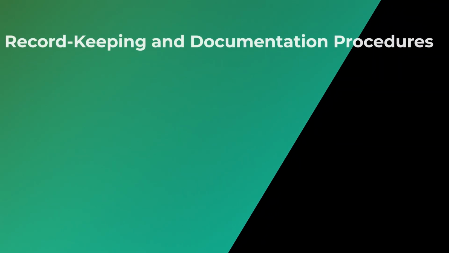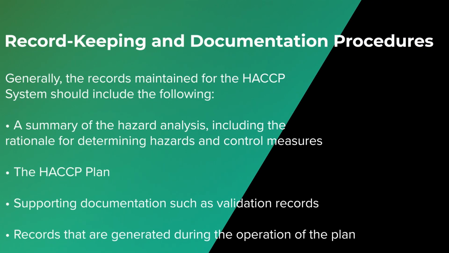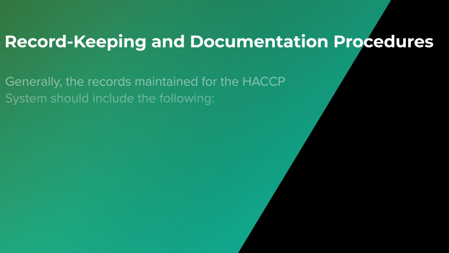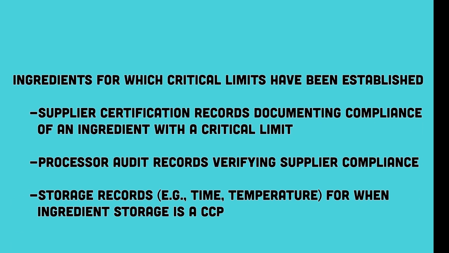Generally, the records maintained for the HACCP system should include the following: a summary of the hazard analysis, including the rationale for determining hazards and control measures, the HACCP plan, and supporting documentation such as validation records that are generated during the operation of the plan. Examples of HACCP records include ingredients for which critical limits have been established, supplier certification records documenting compliance of an ingredient with the critical limit,